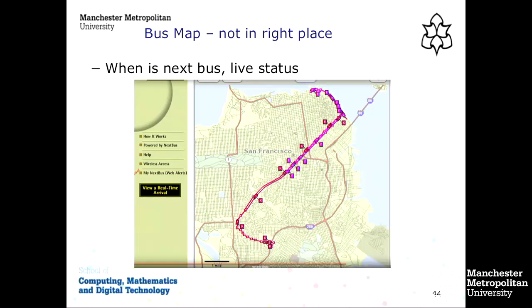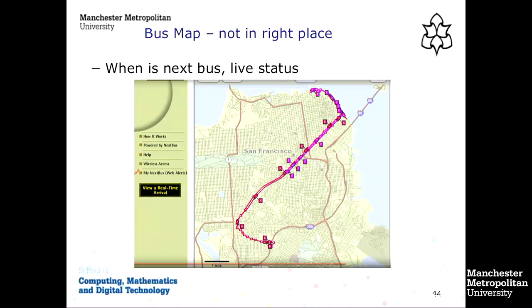Bus maps, transport maps. Again, you bring these up on your phone or your laptop, and they show you where things currently are. I mean, I use one of these every day. I catch the train every day. I'm forever looking up the progress of where my train is. Is it worthwhile me going to this station or another station, according to which one's due? And so we get used to this idea of a live status map of buses, trains, whatever sort of transport